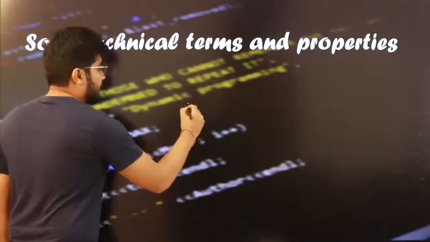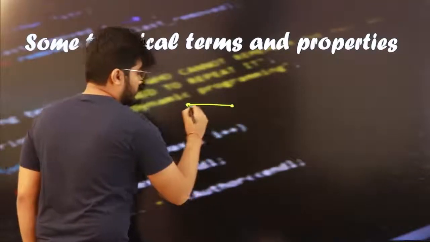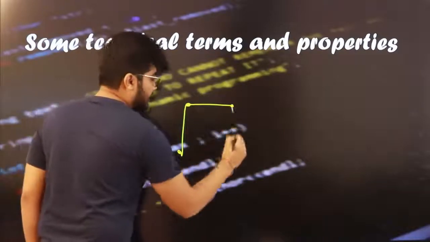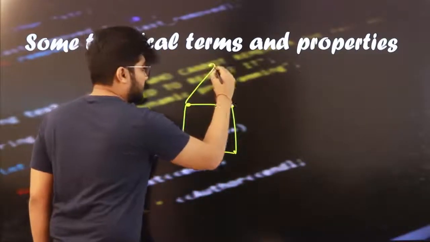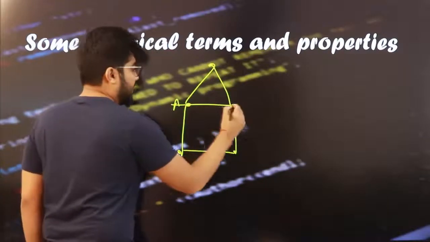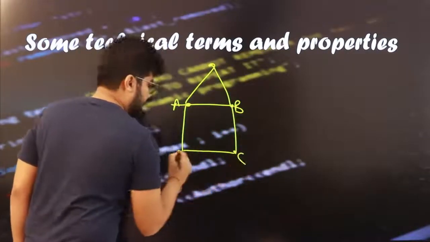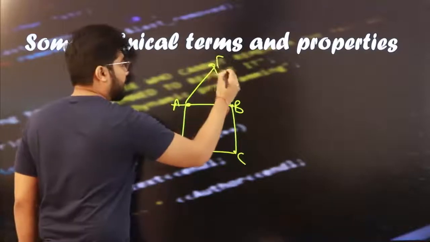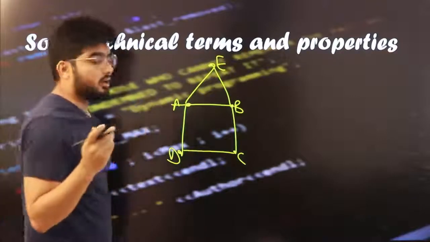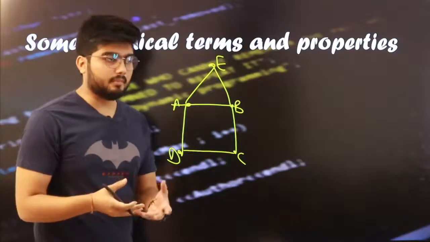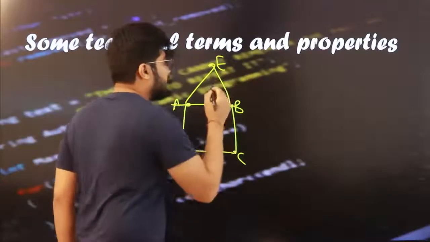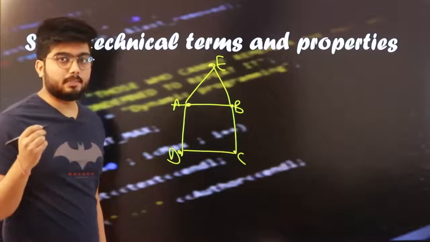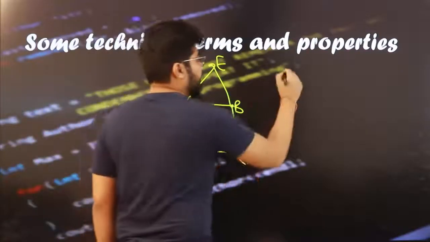Now let's take a graph. I'll just draw a graph. Let's say we'll draw a pentagon. So A, B, C, D, E. Okay. Now if I give you a problem: what will be the shortest path between A to C.